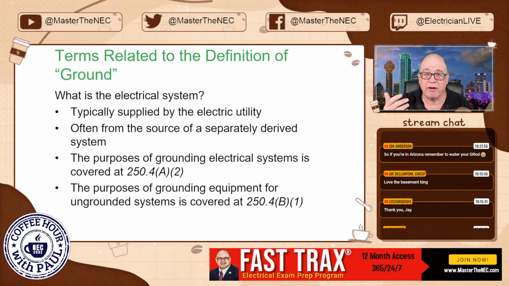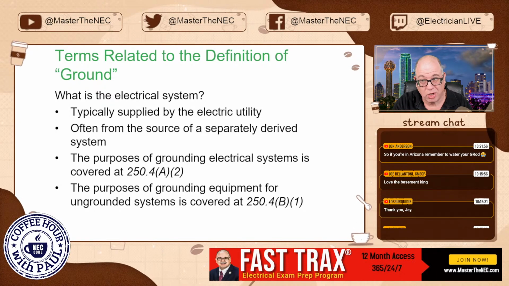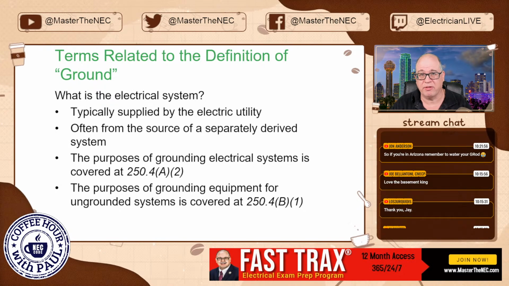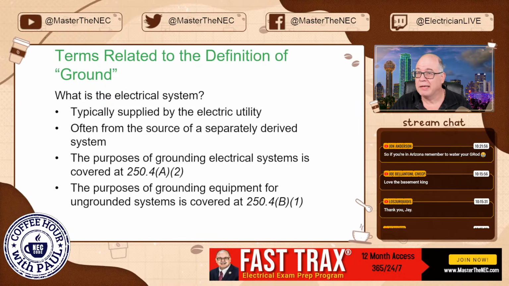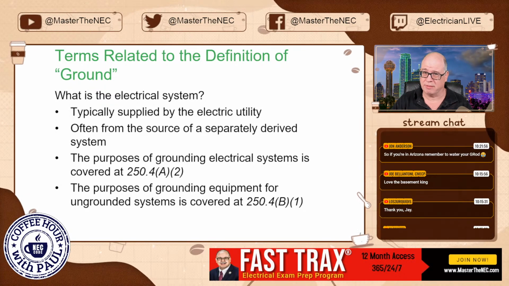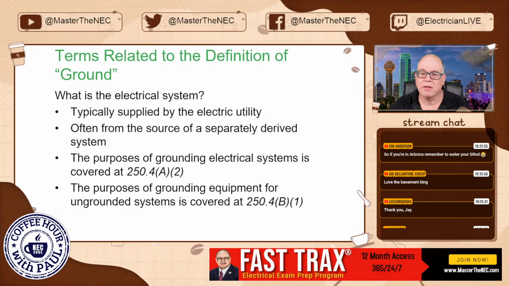In a generator, if the transfer switch actually switches the neutral that goes out to that generator, if it switches the neutral, then you've got a separately derived system. If it does not switch the neutral, it is not separately derived, and just think of it as a range out there or something. I'm just saying, okay? It's part of the building. It's not separately derived. Okay, we'll get into that.